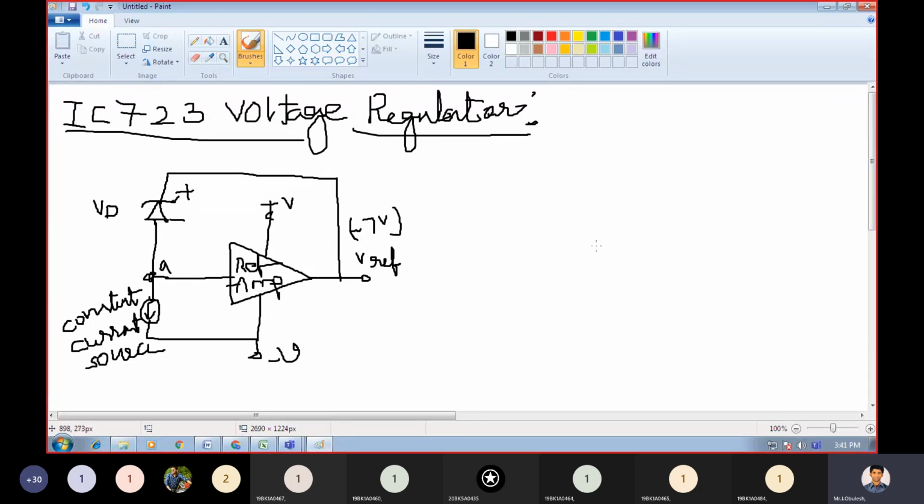Okay. Here you need to take the error amplifier, inverting and non-inverting. This is the non-inverting, this is the inverting. Error amplifier, I am writing here EA, error amplifier. This is the negative terminal, negative supply voltage. You need to apply with the help of that. This is the positive voltage.